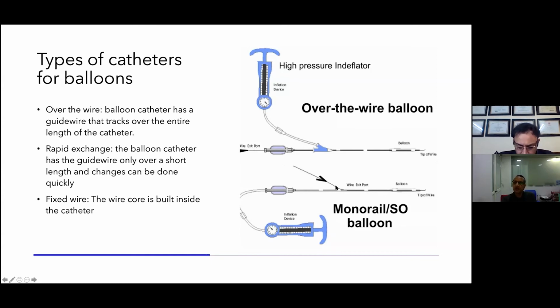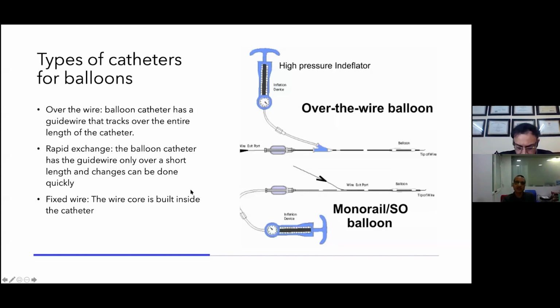The guide wire enters somewhere along the catheter, and the area that the guide wire goes through is usually around 25 centimeters. The exchange can be done far more rapidly than with the over the wire catheter, and these are usually available in 0.014 systems. And then sometimes we have the fixed wire catheter, where the wire core is built into the catheter and you do not remove the wire at all.